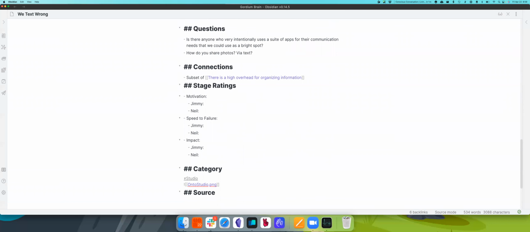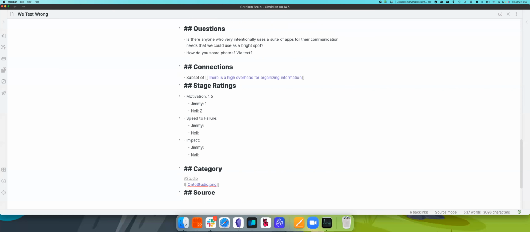So we rate each problem and the solution on motivation, speed to failure, how quickly we can break this idea down, and impact. What do you think on motivation for this one? That depends on the solution. I think some solutions I'm quite motivated for. Let's take the highest. Is it the two? Okay, I think I'm only a one. I just feel like I don't text enough to care. A texting manifesto would be a lot of fun to write. I think it would be a blast.